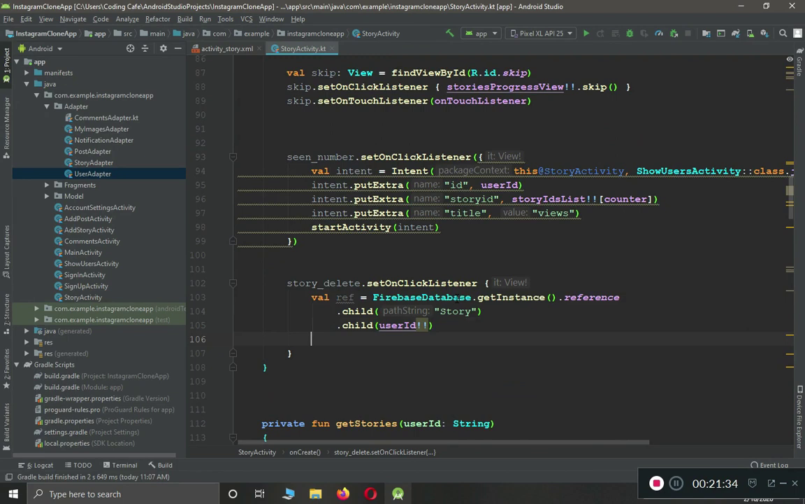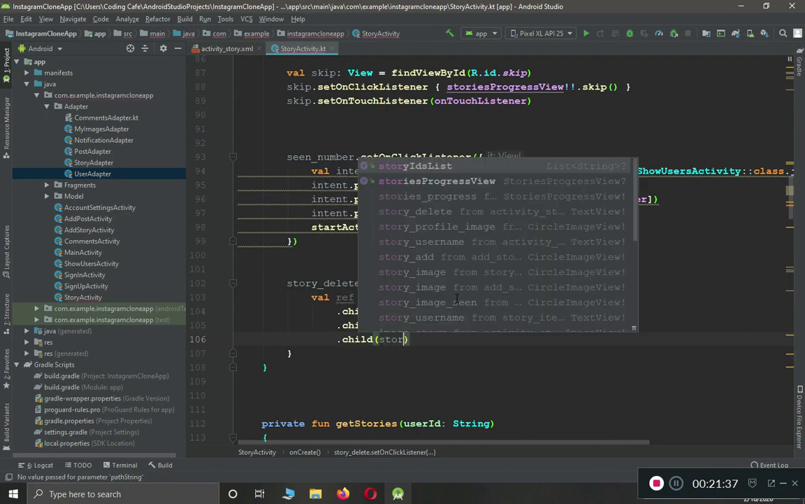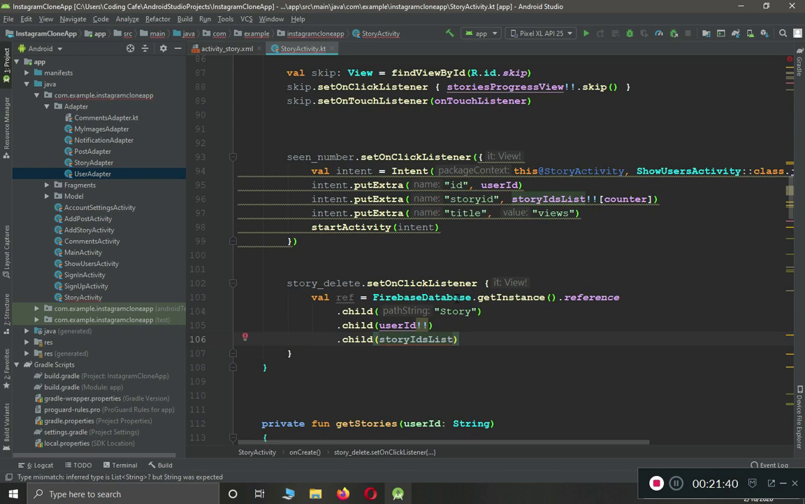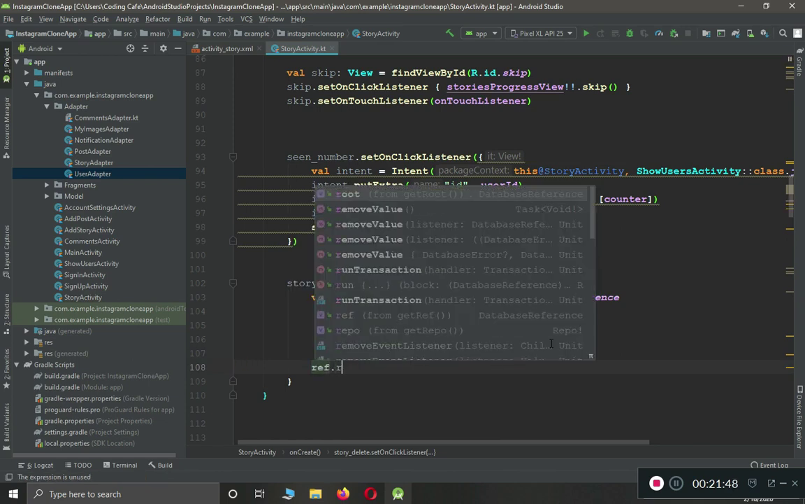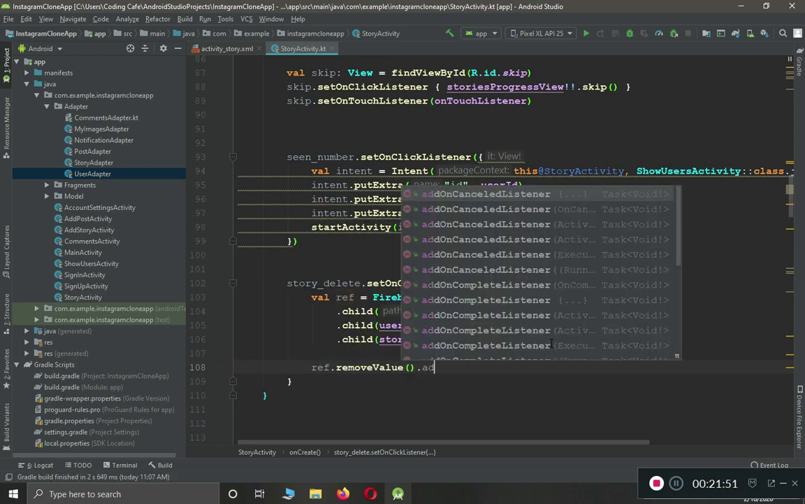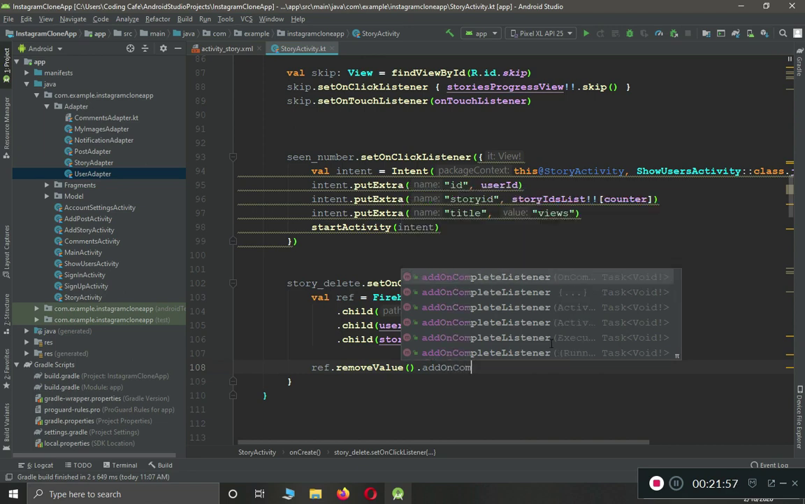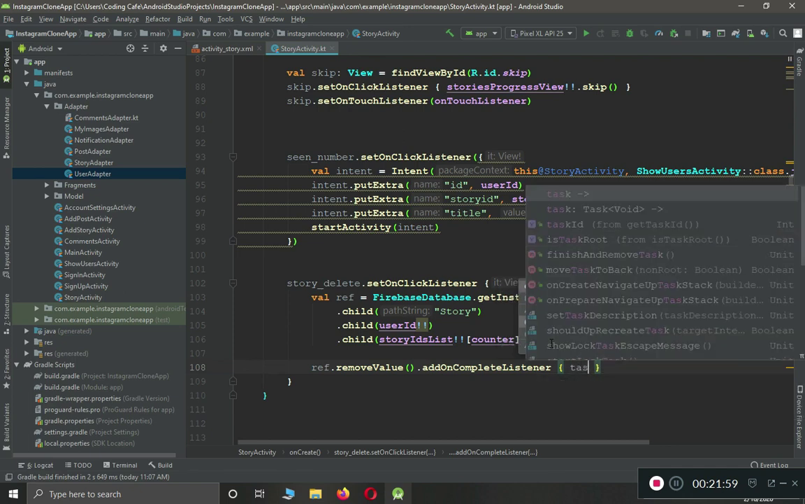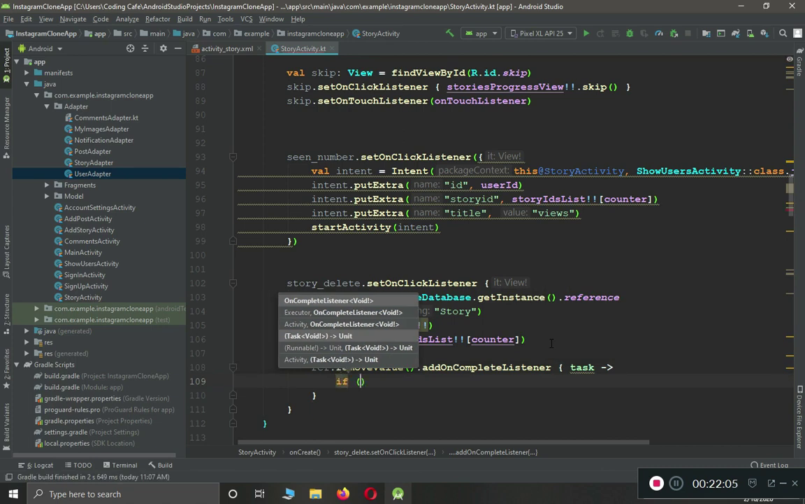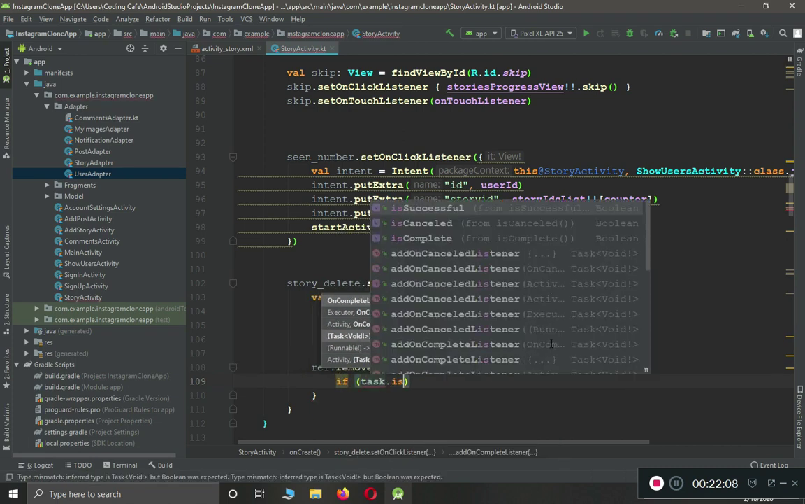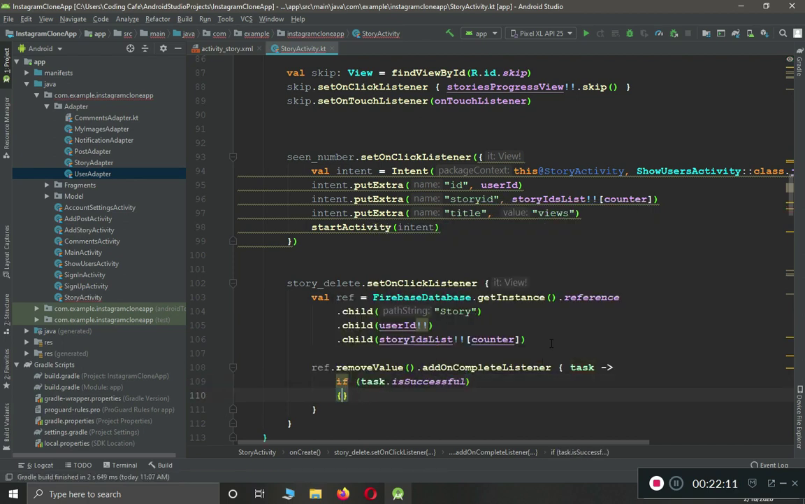Dot child story ID list counter, and then using this reference, we can say reference dot remove value. If you want, you can add an on complete listener, so that when it gets deleted, we display a message to the user. So we can say task, if the task is successful, then in that case we want to display a message, toast.make this